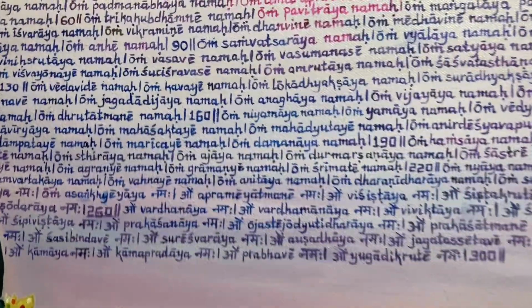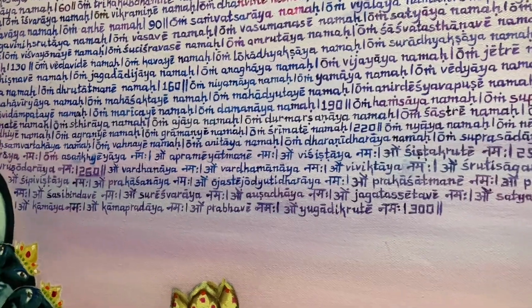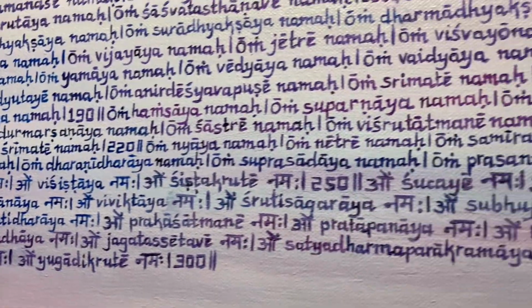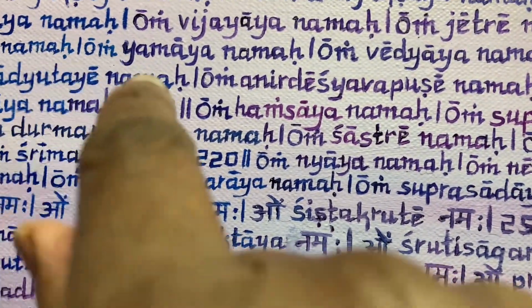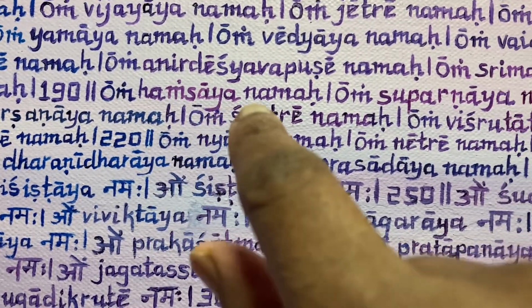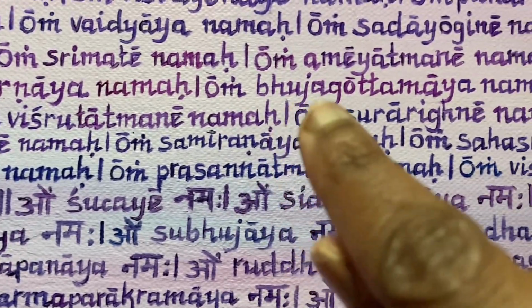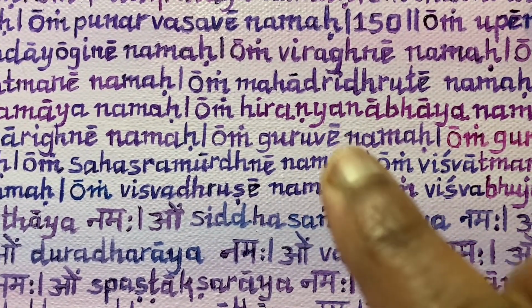Vlog number 21 is covering 10 names of Sri Vishnu Sahasranamavali, 10 of the 1000 names, and it starts with the 191st name. Where is it in this painting? Right here. Om Hamsaya Namaha, Om Suparnaya Namaha, Om Bhujagottamaya Namaha, Om Hiranya